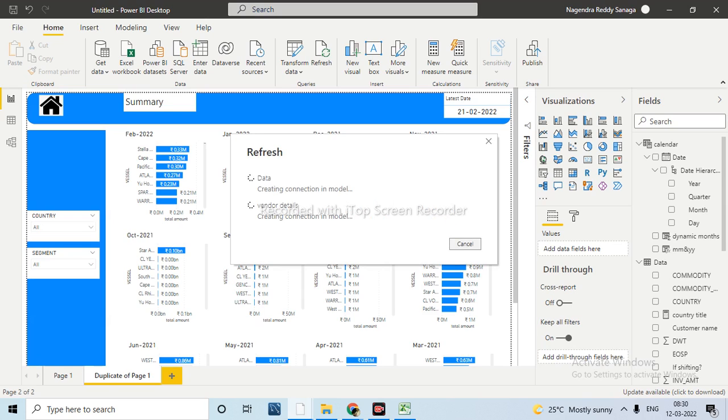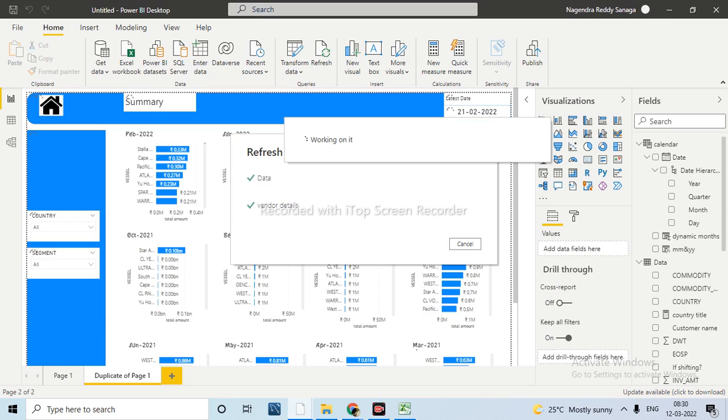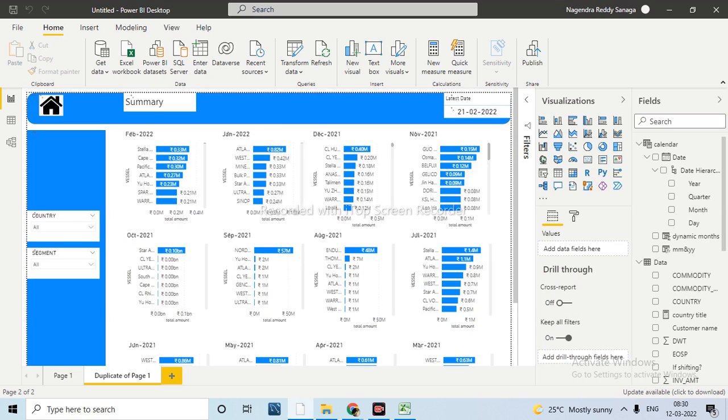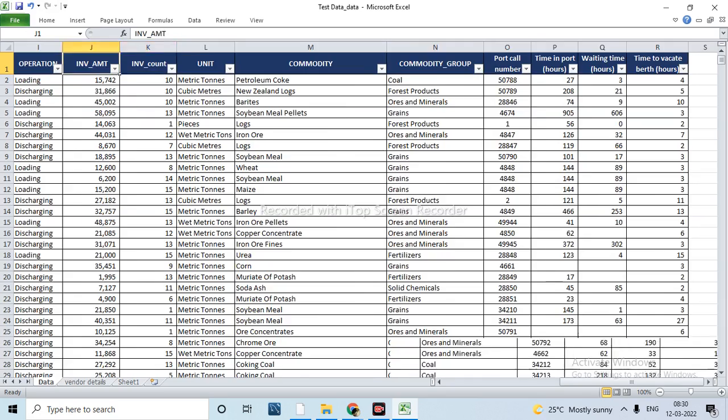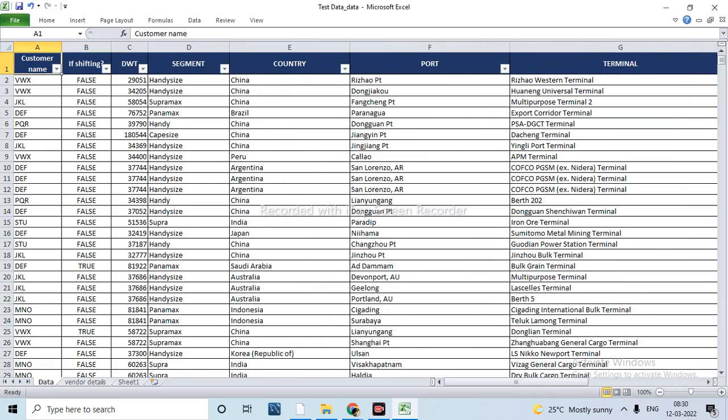Now I am refreshing that report. Now we have the data until January only. Why is February data still there? Where is the COSP column?